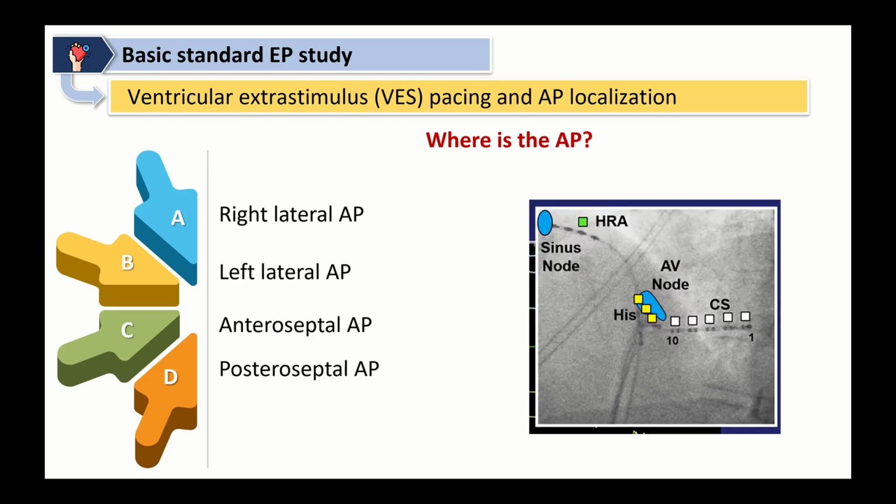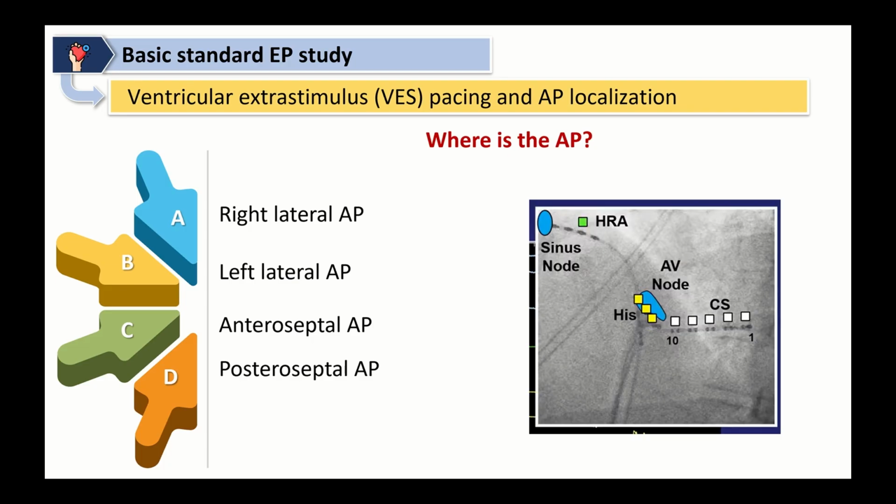When we give a ventricular extrastimulus, we can confirm the accessory pathway presence. Not only this, we can also know where the accessory pathway is. Is it a right lateral accessory pathway, left lateral, anteroseptal, posteroseptal? And we can imagine, when we put a coronary sinus catheter, His catheter, and high right atrium catheter, that we can predict the